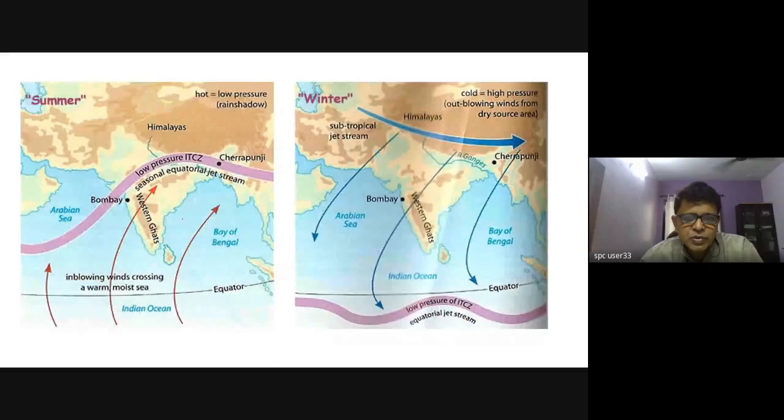Now, I did say yesterday that the jet streams do have an impact on the Indian monsoon also. Both the tropical jet streams as well as the polar jet streams tend to have their impact. This is one of them. The low pressure ITCZ moves into this, and this of course is the thermal equator. If you remember, we called it as such. Another thing that happens is that